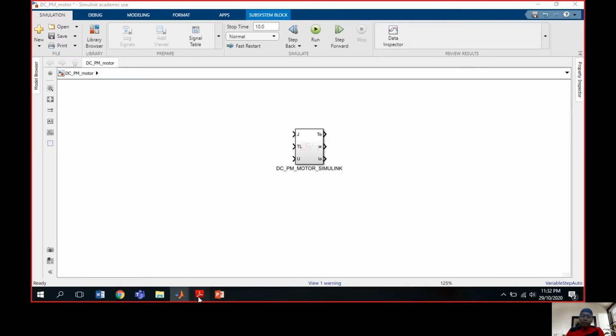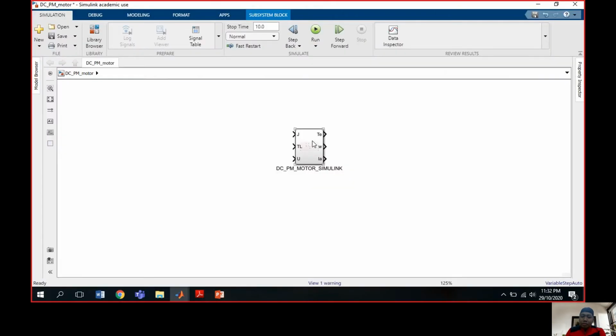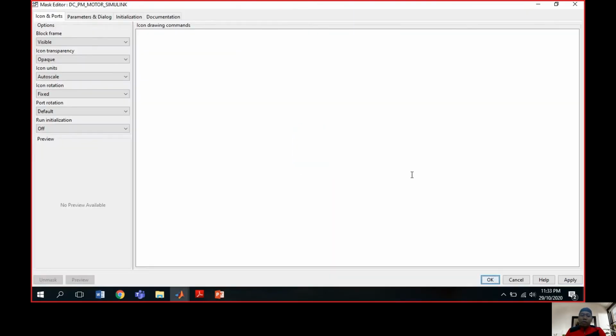After I rename, I will select the subsystem and do create mask.